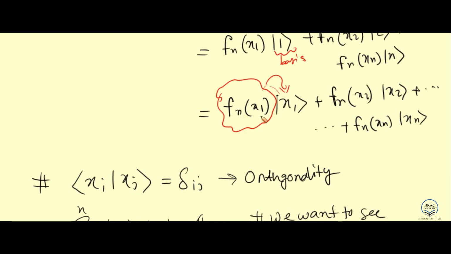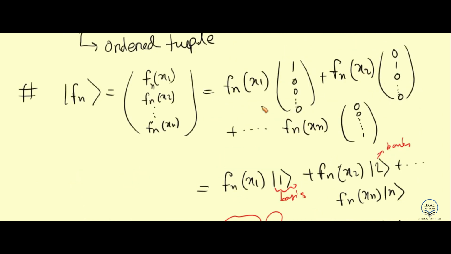For example, here f of n x1 is just saying that you have divided the function into n intervals, and this x1 means you are evaluating the function at point x1, and that is associated with this basis vector we are calling x1, right? And this looks like a projection itself,